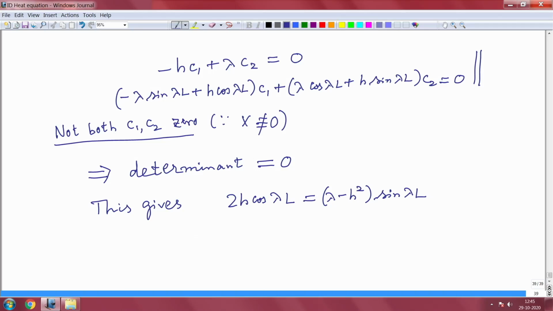So when h is 0, it is very simple. The left hand side is not there, then again we get lambda sin lambda L equal to 0, and the lambdas are easily given. But when h is positive,